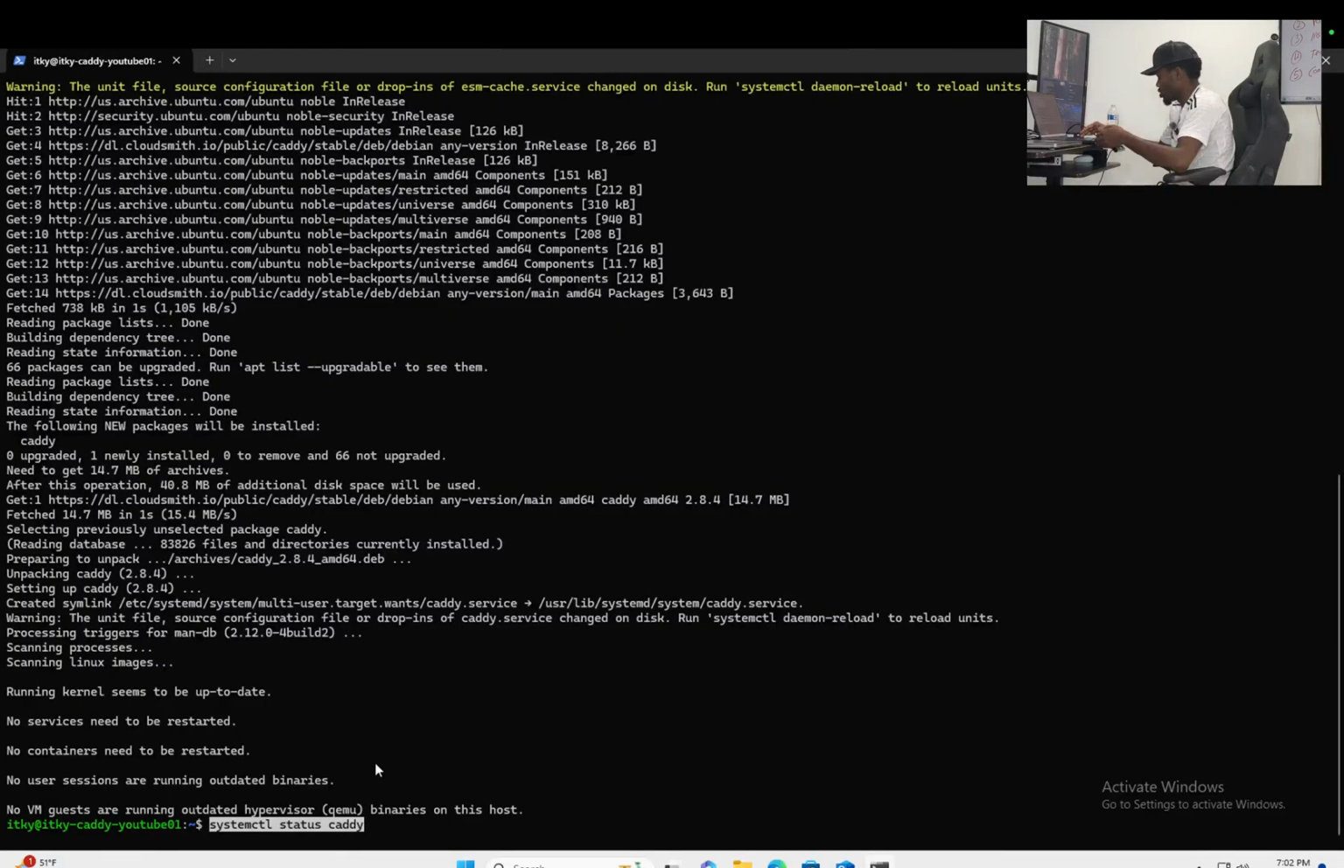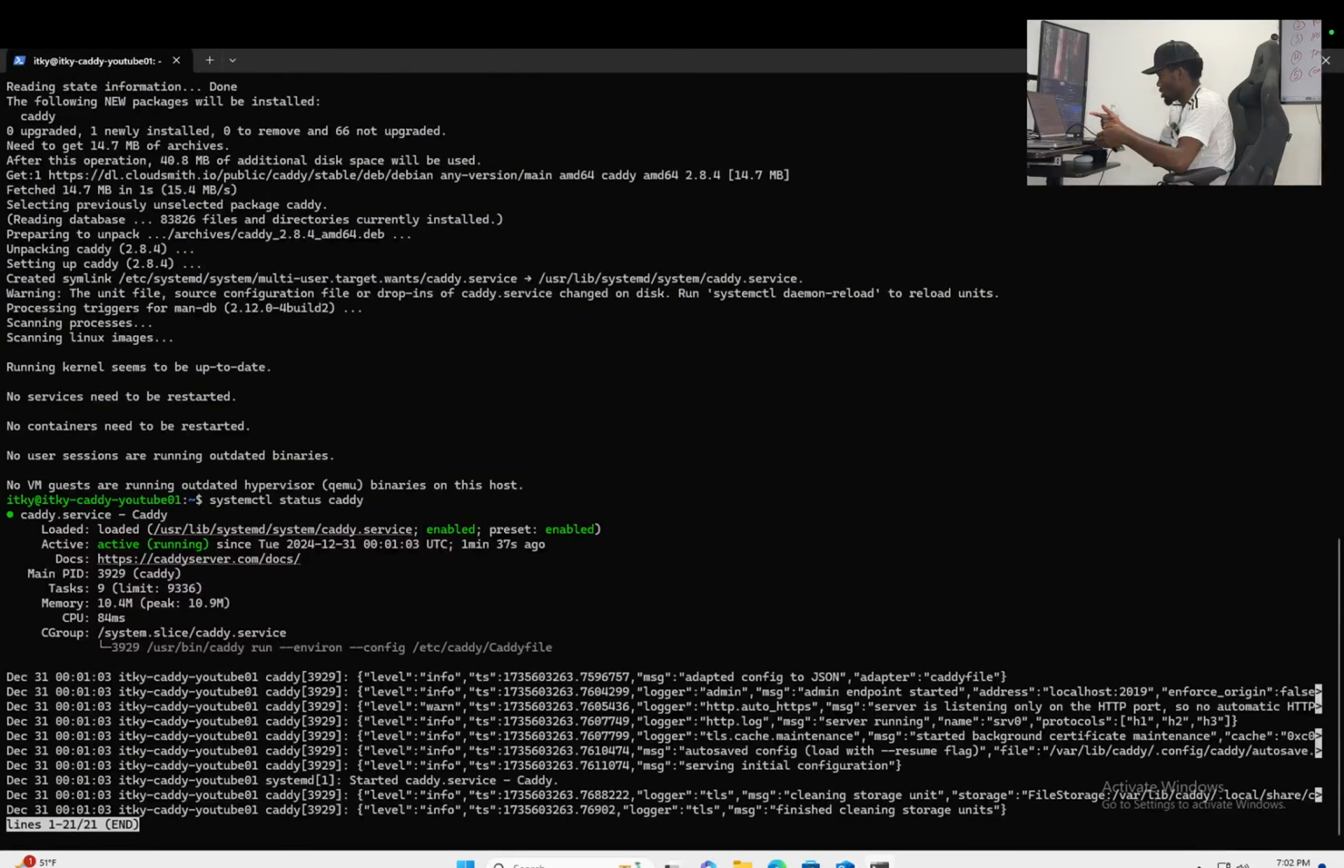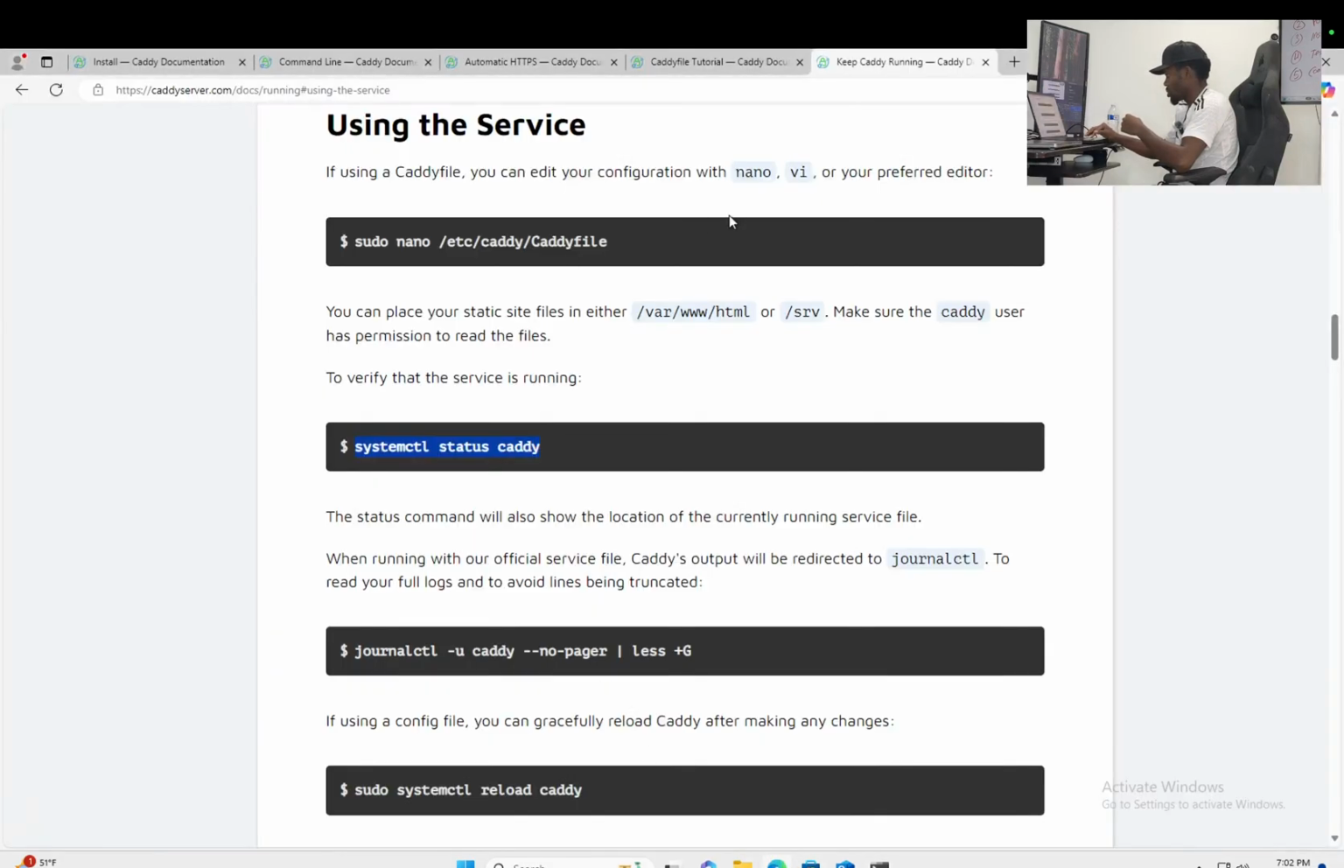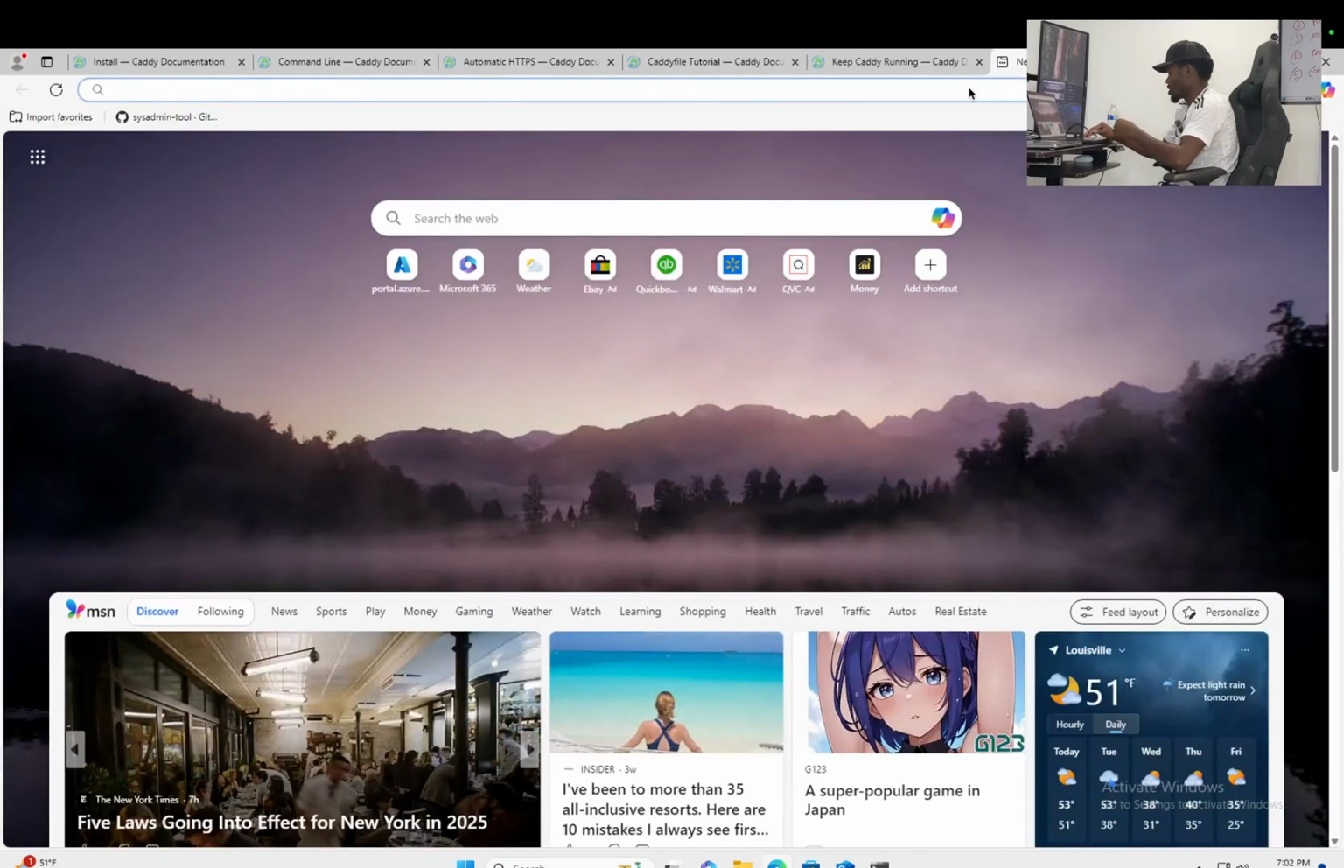That's going to let us check the Caddy service to see if it's running. We should see the service running. This is good. That means the service is running. Well, but wait. How do I know? Can I trust this command line's word for it? We don't have to. You can actually come over here to a web browser of our choosing and type in